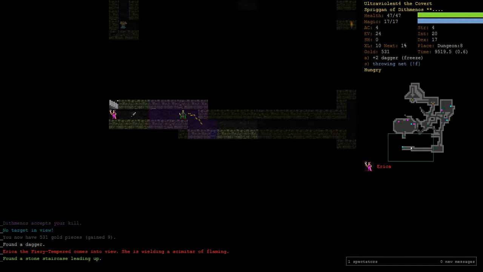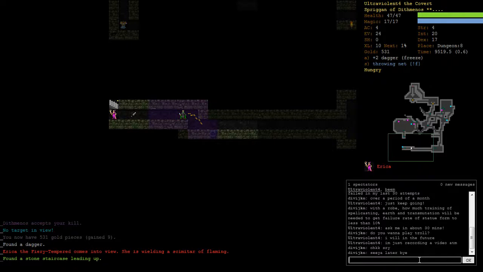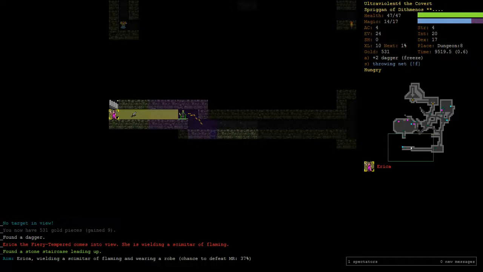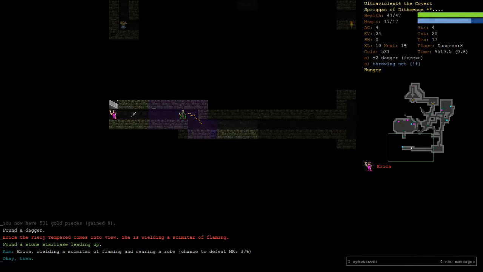How do I want to do this? I think she could almost one-shot us, and if not, she could two-shot us. So she can do 42 damage with Bolt of Venom. Yeah, and Mystic Blast is the same. So she's not someone we especially want to fight. What we can do is,